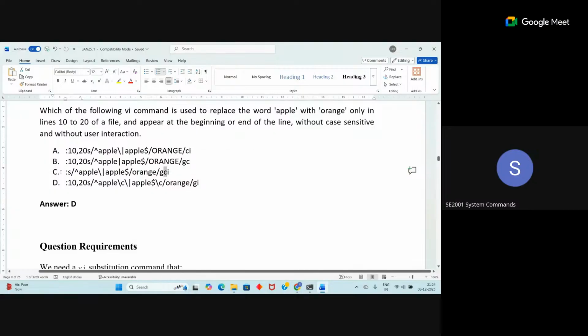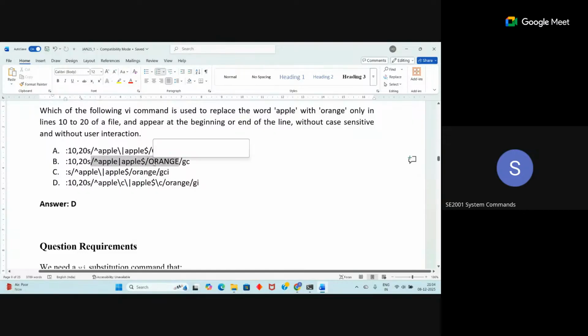This statement will also do the same, but it will ask for user confirmation on every replacement. But it will do it on the entire file, not only on lines 10 to 20. So that is one problem. And it is asking for user confirmation. That is another problem. And here,